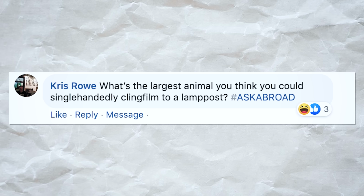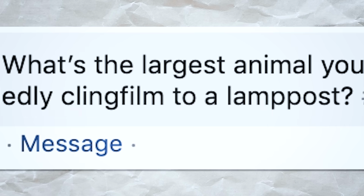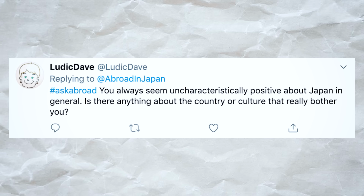What's the largest animal you think you could single-handedly cling film to a lamppost? Yeah. A porpoise. You always seem uncharacteristically positive about Japan in general. Is there anything about the country or culture that really bothers you? You know what, that's because nothing here does bother me, nothing at all, because...